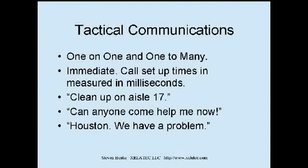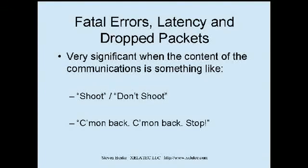So in VoIP, we deal with issues like fatal errors, seg faults, Asterisk crashed. There's a little bit of latency introduced by carriers or signaling protocols. There may be an occasional dropped packet that occurs as gaps in voice. Now, that is pretty darned important when it comes to these tactical communications. One thing